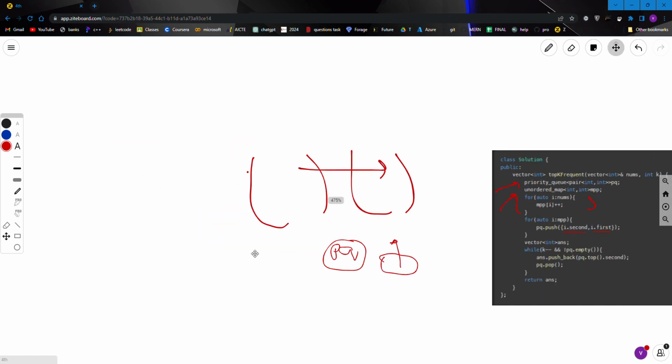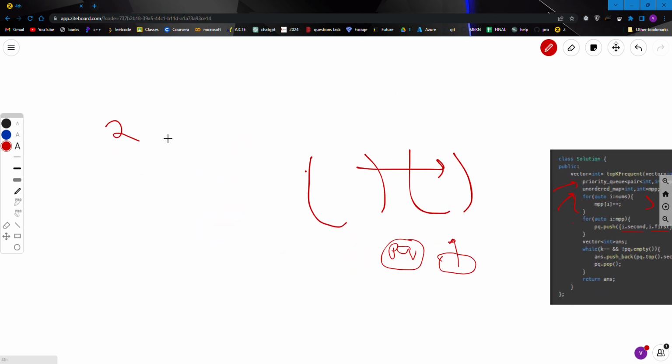Let's take an example: 2 comma 3, 4 comma 6 and 1 comma 2. If I put this into the priority queue, it will get arranged according to the first values. First will be 4 comma 6, then 2 comma 3, and then 1 comma 2.